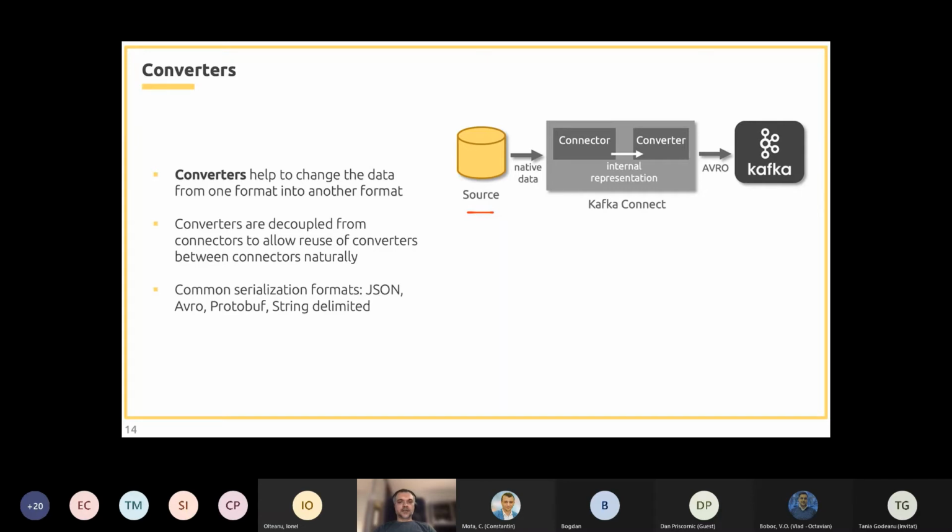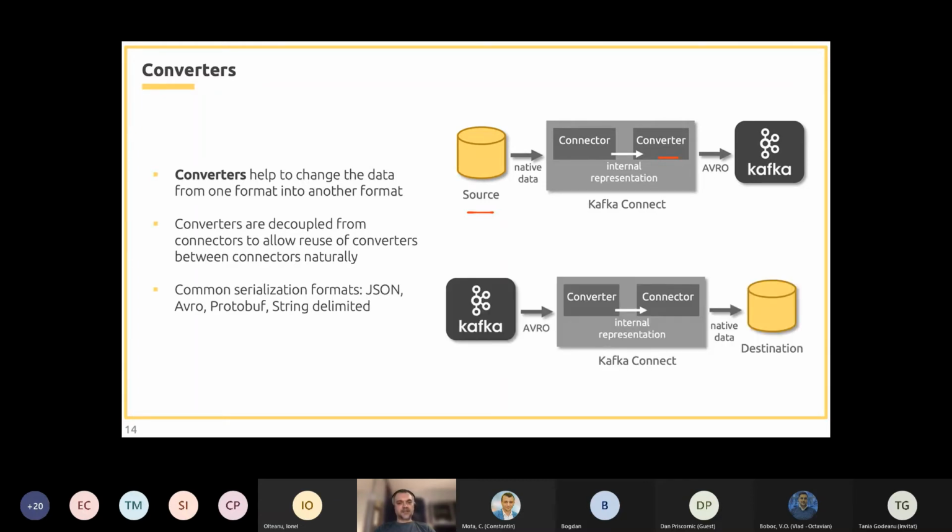And the connector then converts that data into an internal representation of it, and it is passing the data to the converter. And after that, the converter is serializing that data, let's say in Avro format, and the data is written into Kafka, where it is stored as bytes.